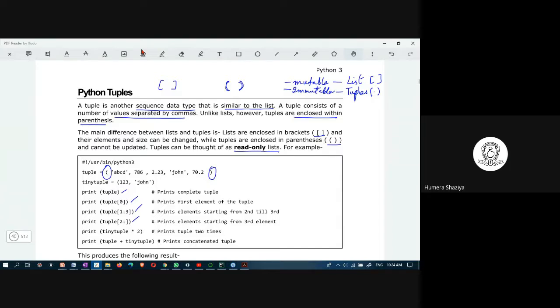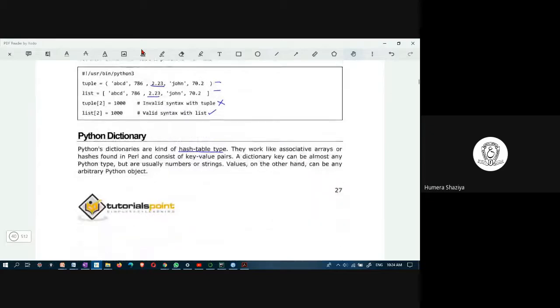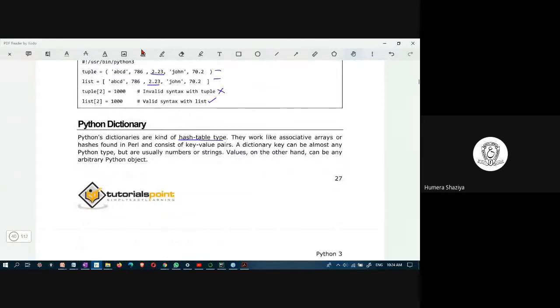Whereas in dictionary, you have strings as key. Strings can be a part of key as well as value. Means indexes can also be strings. Whereas in list and tuple, indexes cannot be strings. Indexes can be only integers. Can be 0, 1, 2, 3 or -1, -2 and -5 and all. The signed integers.